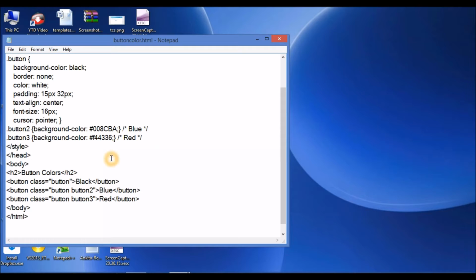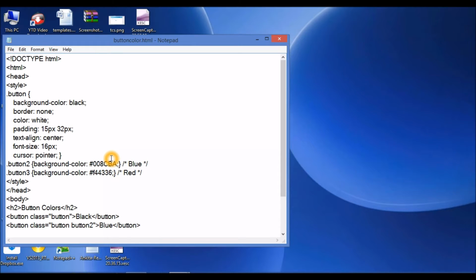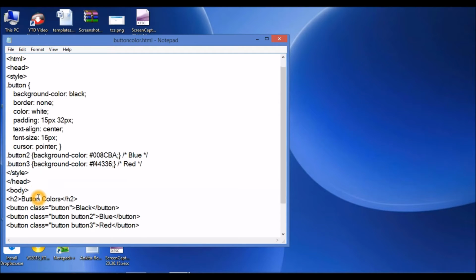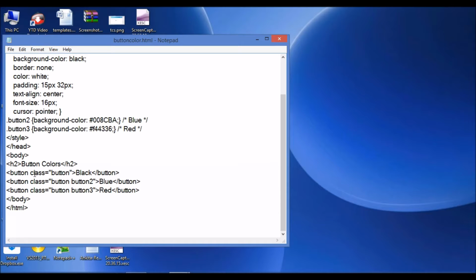Well, let's start with a normal question which is being asked: how we can change the color of the button. Well, the answer is we use background color with our button. What I have done, I have used 3 buttons and I've defined the class so that I could use the styling with these classes. First one, I have written text as black, blue and red, as I've defined these colors as my background color in my 3 buttons.